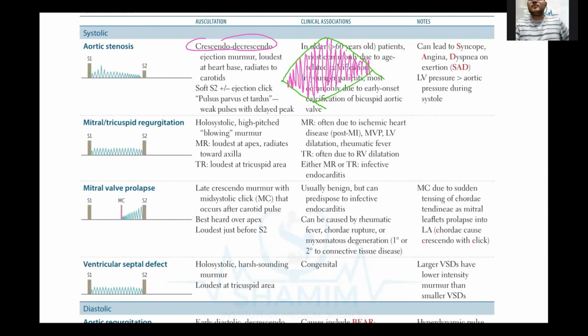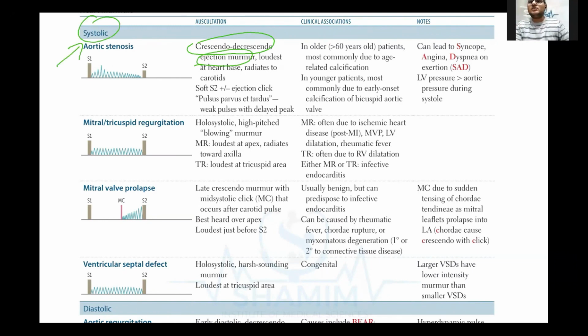कि ऐसे S1 के बाद ऐसे बढ़ता है, फिर कम होता है, फिर बढ़ता है, फिर कम होता है, फिर बढ़ता है, फिर कम। दिस इज क्रिसेंडो डेक्रिसेंडो मर्मर, वेरी इंपॉर्टेंट। इजेक्शन मर्मर है ऑफ कोर्स, क्यों? क्योंकि जब लेफ्ट वेंट्रिकल सिस्टोल में इजेक्ट करता है तो ये इजेक्शन मर्मर होगा। इट इज लाउडेस्ट एट द हार्ट बेस एंड वेरी इंपॉर्टेंट कैरोटिड्स के पास रेडिएट करता है, ओके।